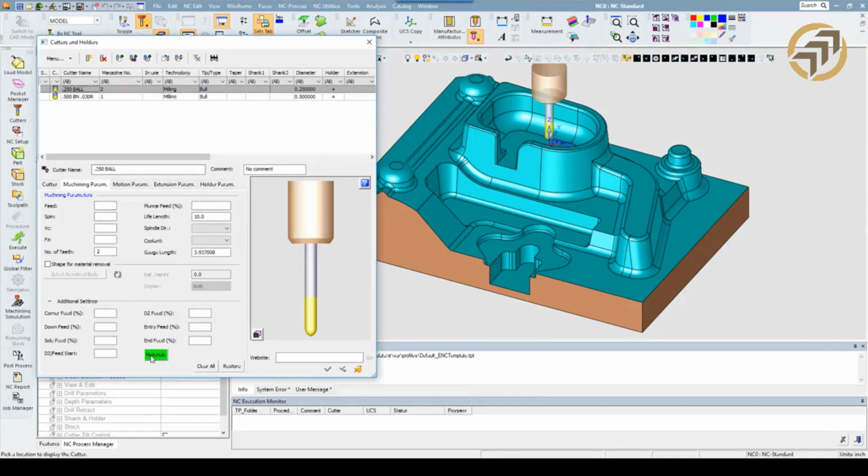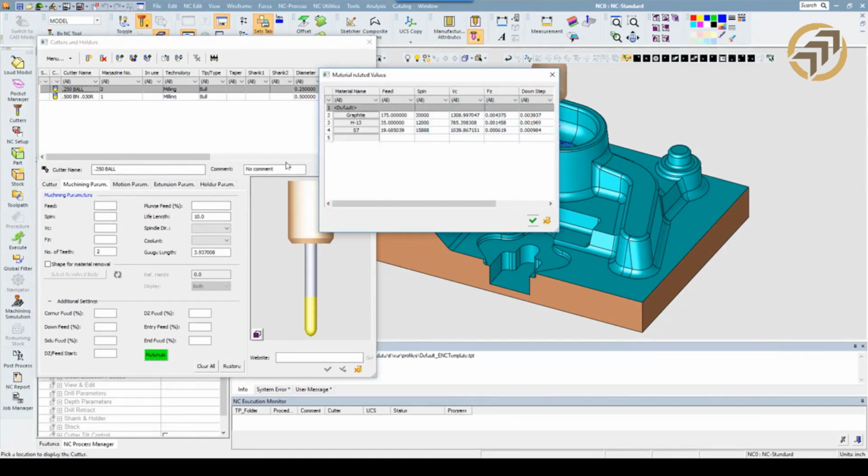If we go into that, you can see that I have assigned some materials to this 250 ball, graphite, H13 and S7. Those were in my list. But per material, I gave it some speeds and feeds that were different from each other, and some down steps and side steps as well. You can also turn coolant on if you'd like,